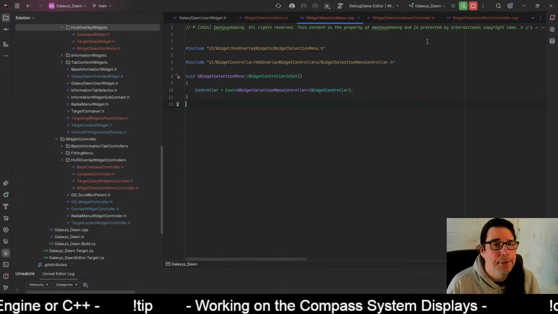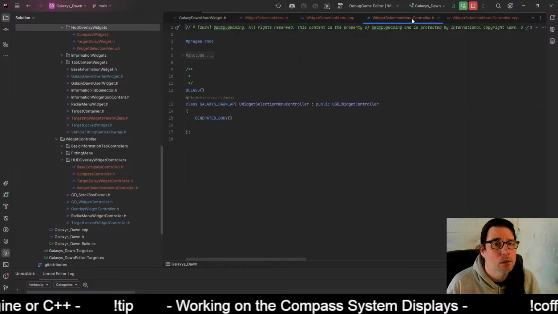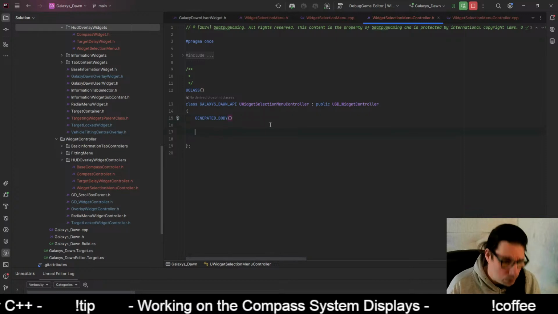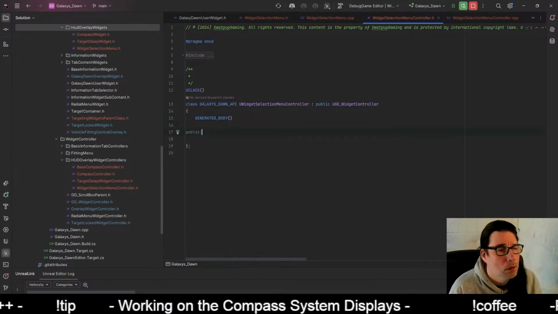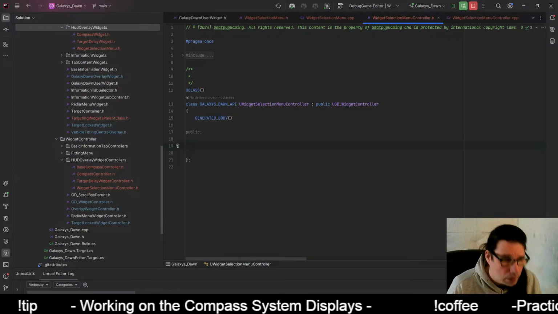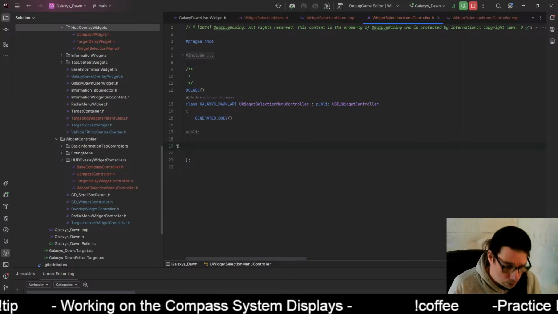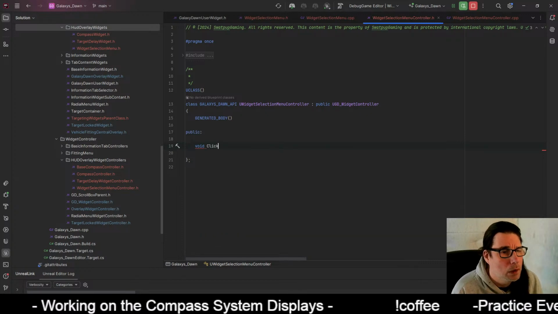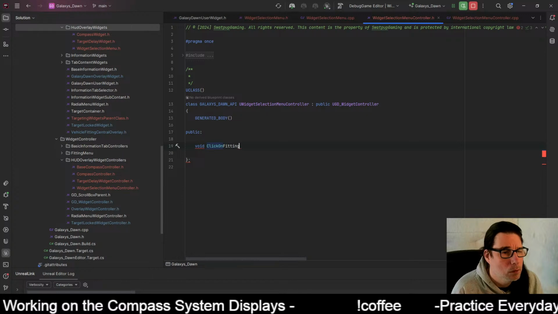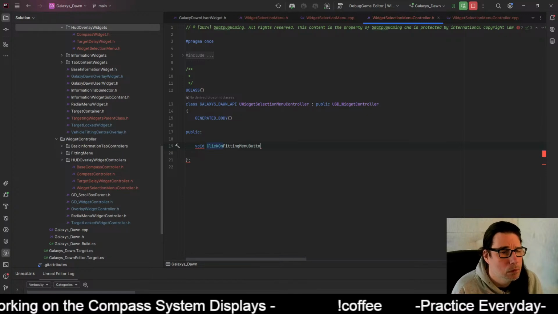And yeah, let's just need a couple of functions, right? So what functions do we need? We need to be able to click on the buttons. So we have a void ClickOnFittingMenuButton,